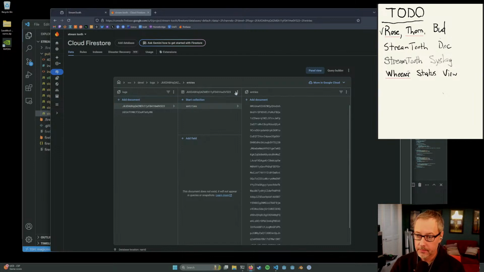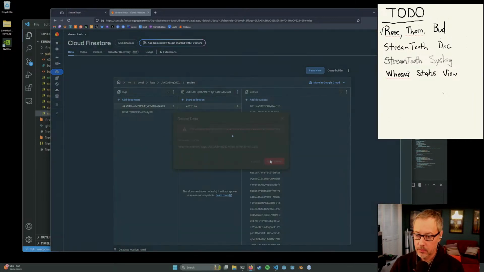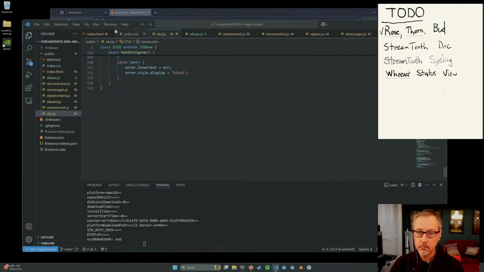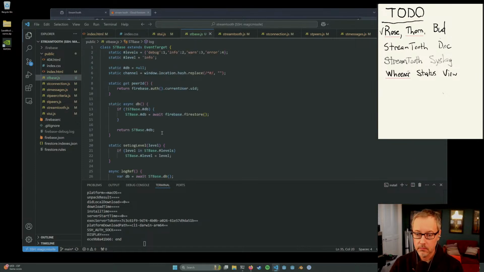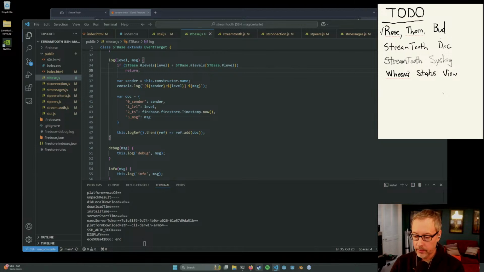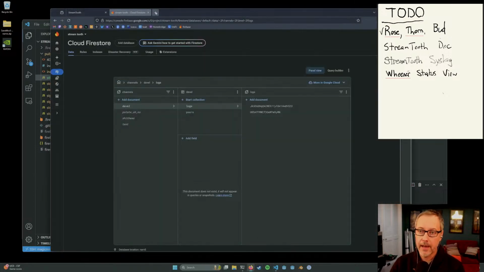All right, fine. Let's delete this document. Do it. So what we need to do is look at collection add.